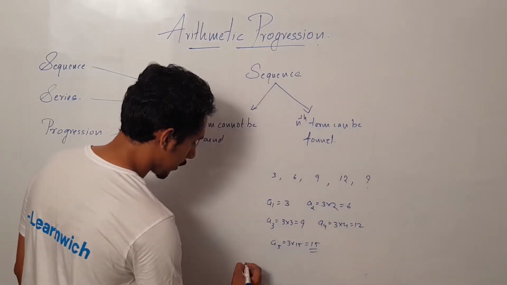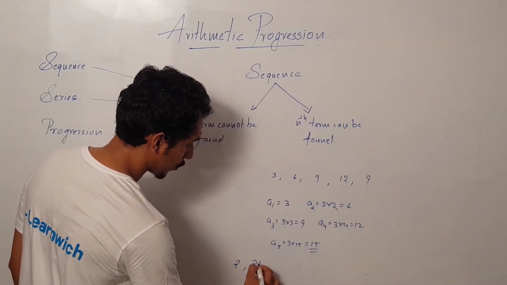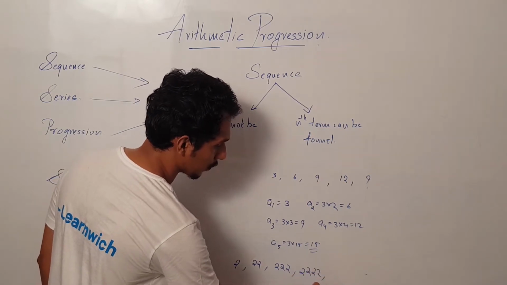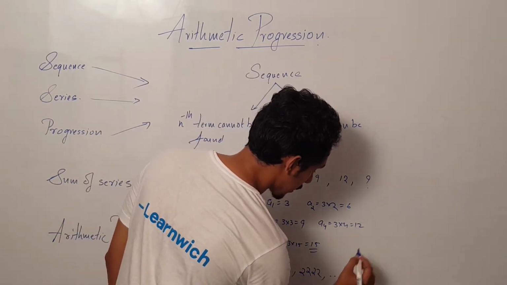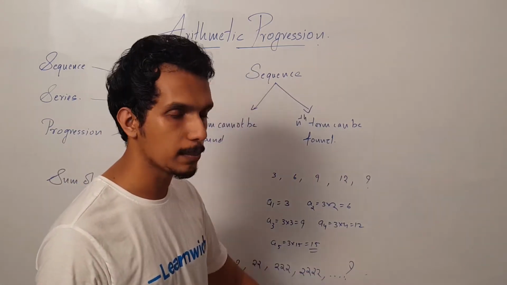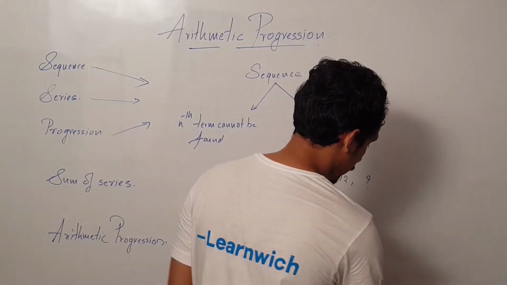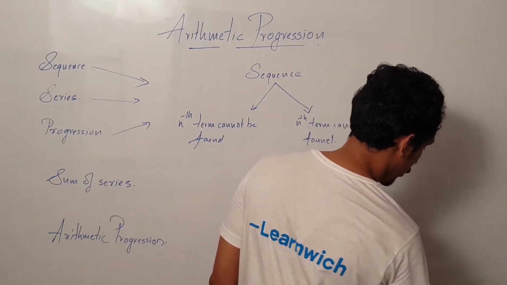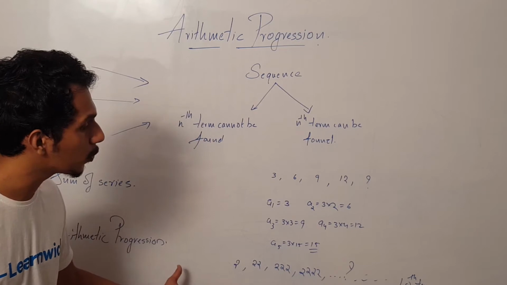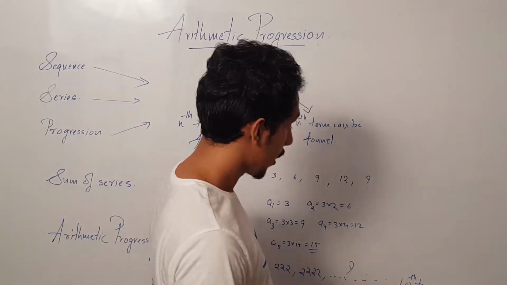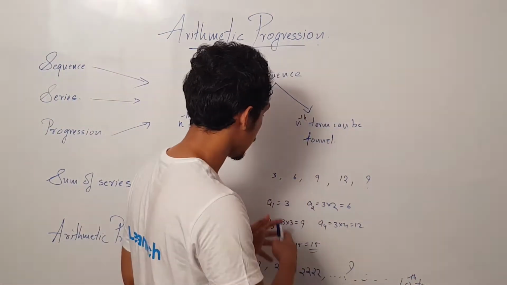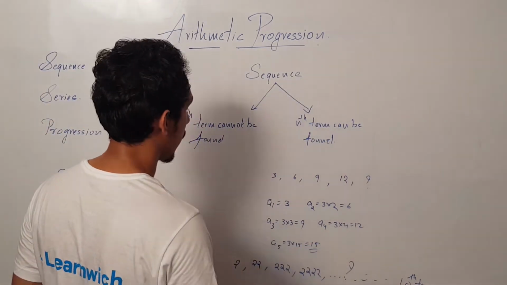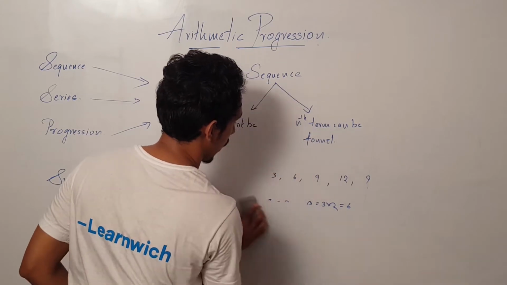Let's say you are discussing numbers like 2, 22, 222, 2222. So if I ask you the next number, you can still say that it will be a number with 5 twos. Or if I'm asking you the 10th term, then you can easily say what the 10th term of the sequence would be. Okay, so you are able to do that because there is a mathematical relation and the nth term can be found. But let's look at another example which says